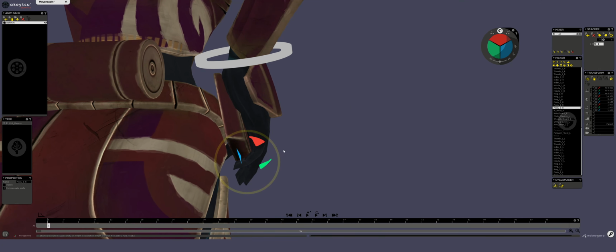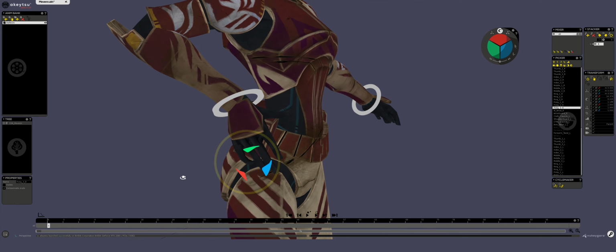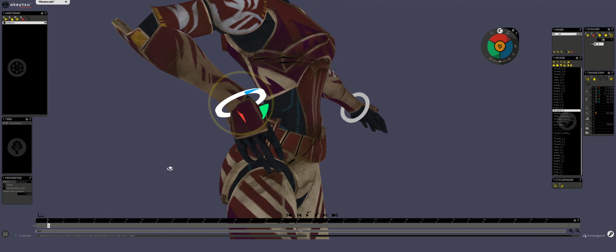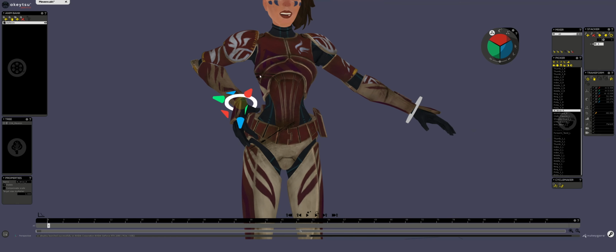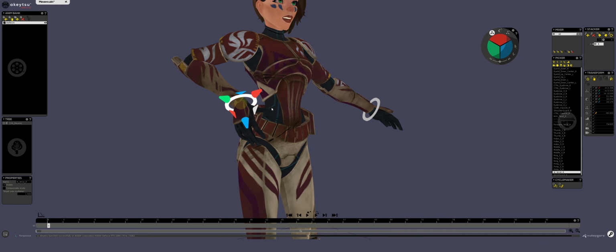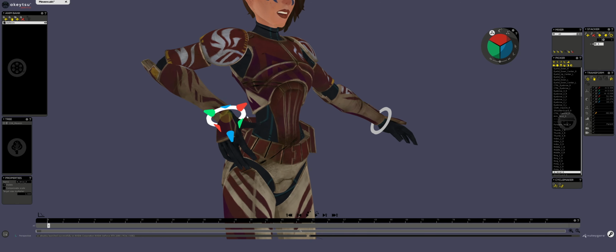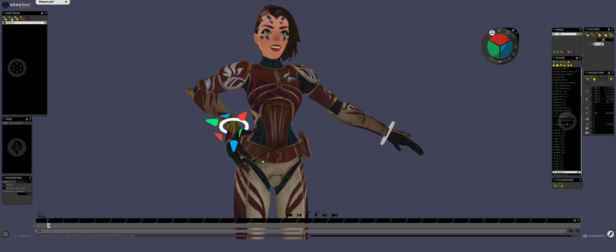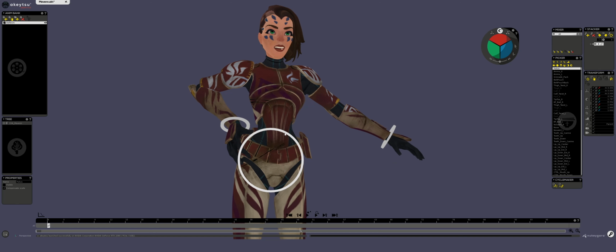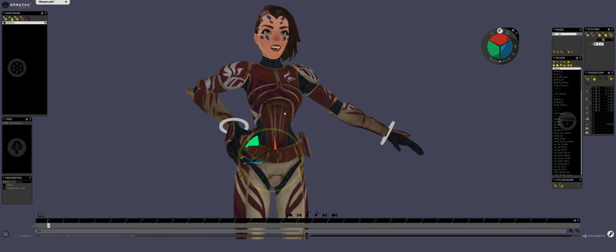Once you're okay with your posing, it's not the best one, but anyway, what I would like to have is this following this by default. Imagine it's maybe how the character behaves every day. She has the hand following the hips every time. So what I would do is change the space switch here. I will find the pelvis, yes. I change it. So now if I rotate the pelvis, the hand follows, and it's normal because I'm